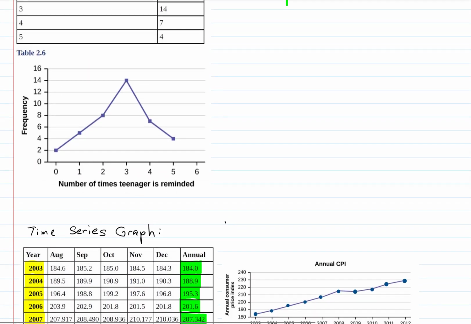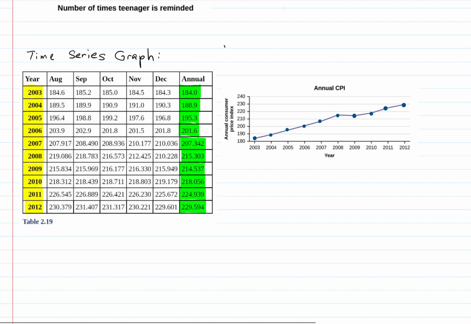That's on the vertical axis. Here on the vertical axis wasn't the frequency of the measurements, it was the actual measurements themselves. What were the measurements? Okay, and you can do a line graph that way as well, but